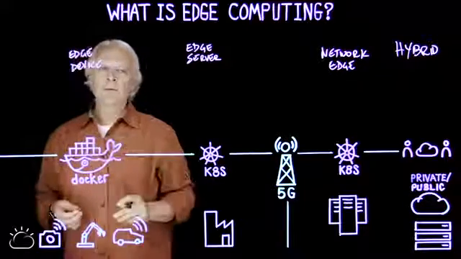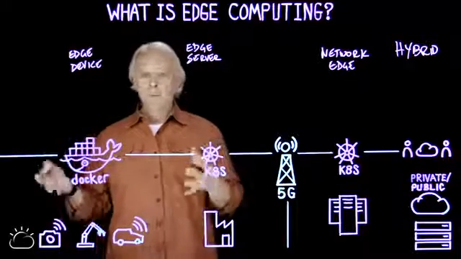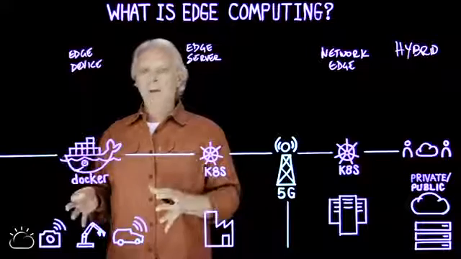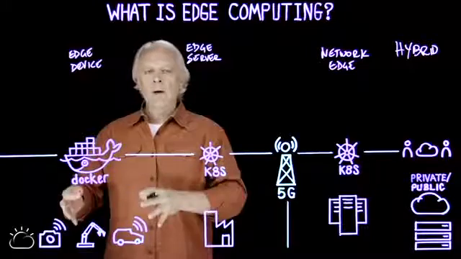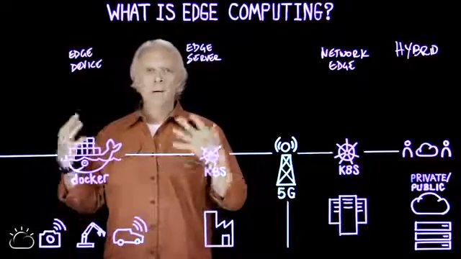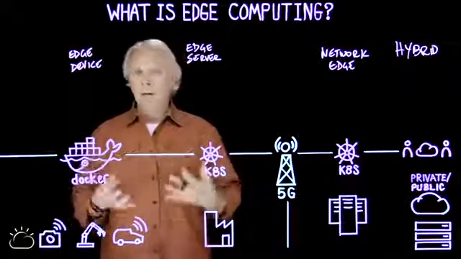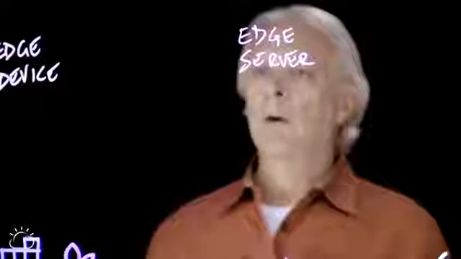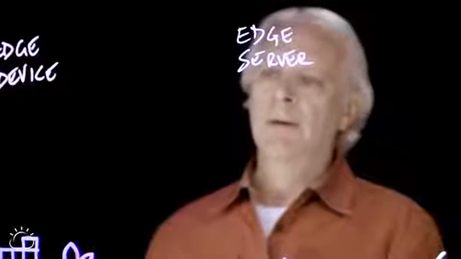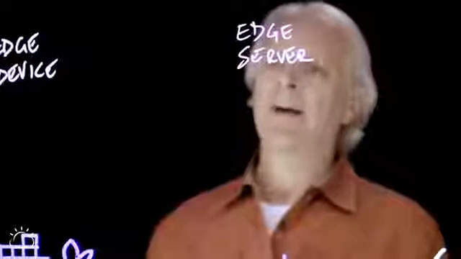An edge device is interesting because what it is, first and foremost, is a piece of equipment that was built for some purpose. It could be an assembly machine. It could be a turbine engine. It could be a robot. It could be a car. They were built first and foremost to perform those functions. They just so happen to have compute capacity on it.